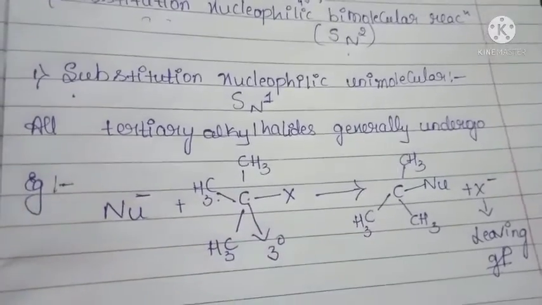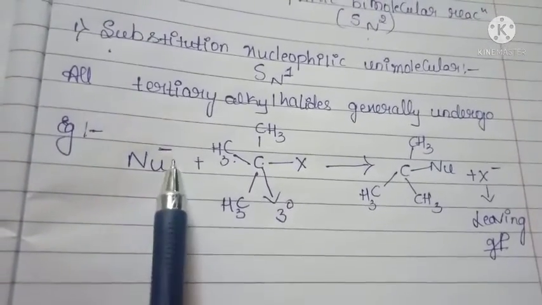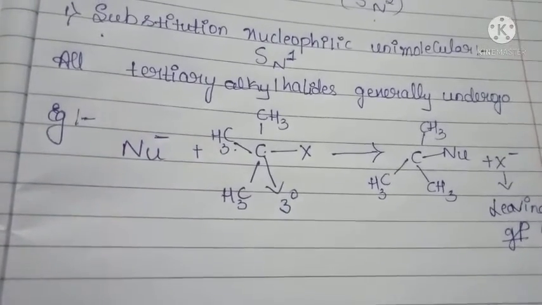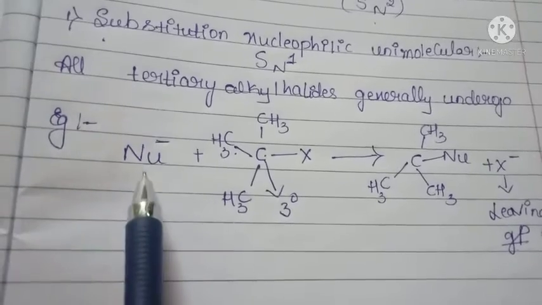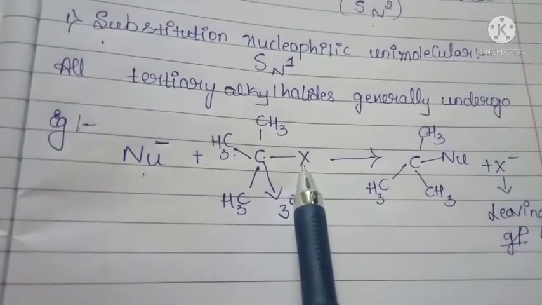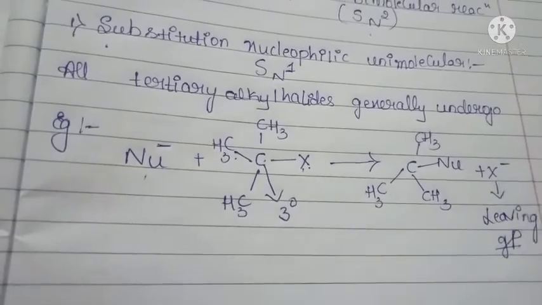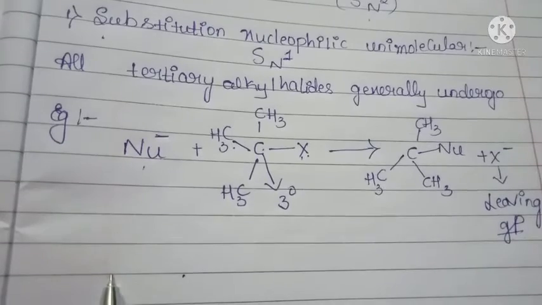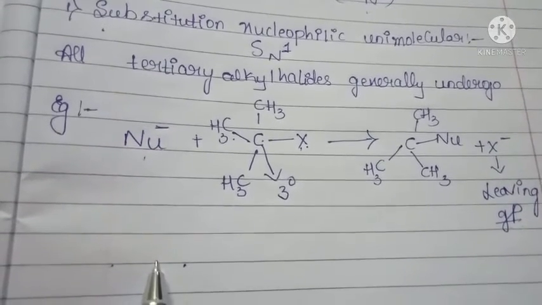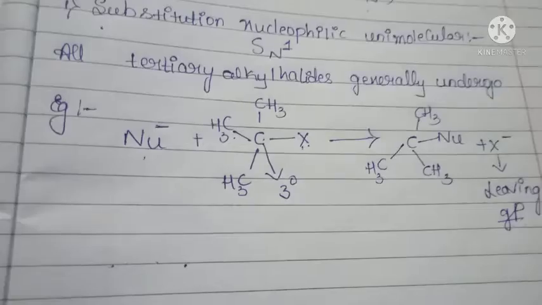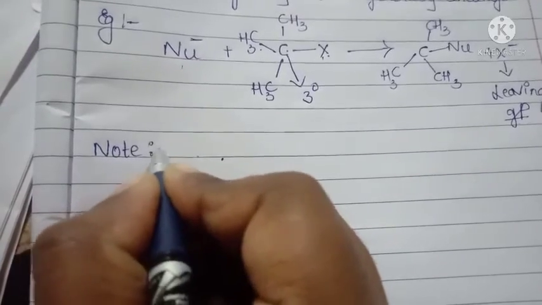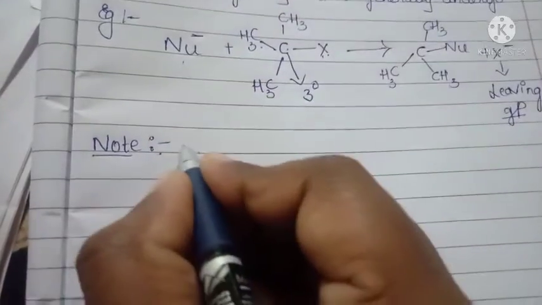Here you have to know that the nucleophile is attached. As I was explaining in the last example, nucleophilic substitution reaction, this nucleophile is attached in the place of X, this X is removed. And mainly you have to know that this SN1 reaction is considered a unimolecular reaction. Mainly note these two things. They will ask in your 1 mark questions, very important.